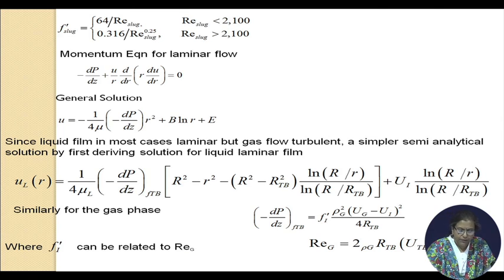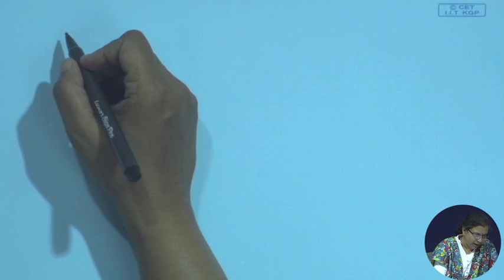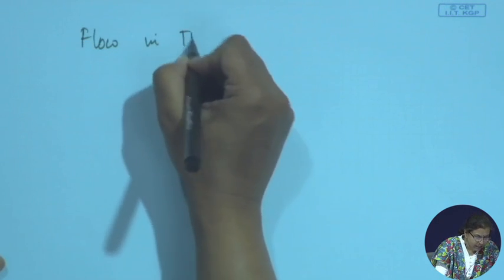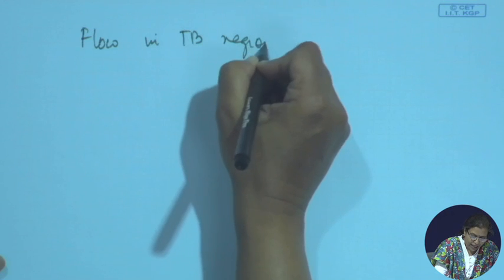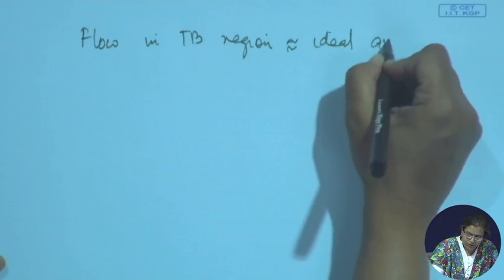So, we first start by considering the Taylor bubble to be approximated by the annular flow pattern. Okay. So, we assume the flow in the Taylor bubble region as ideal annular flow